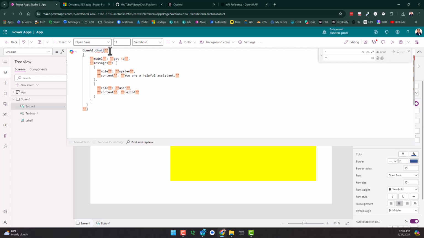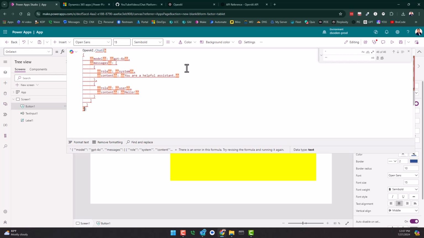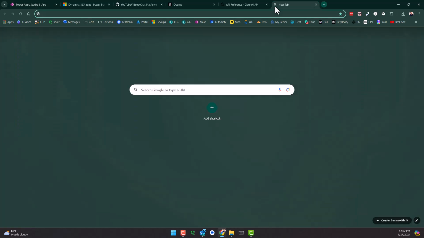You'll get everything in one fell swoop, but I will caution you that now that everything's been escaped, you need to remove the double quotes from the top, because this will essentially break everything. Now you're still getting errors, so you might think that it's the same error, but it's not. This is what it's complaining about. It says expecting an untyped object value instead. So this actually is working. The problem is that we now have a new problem, and you wouldn't know that because the underlying text changed when you hover over it, but it's still just red, so you might think it's the same problem, but it's not. So how you deal with JSON in Power Apps,